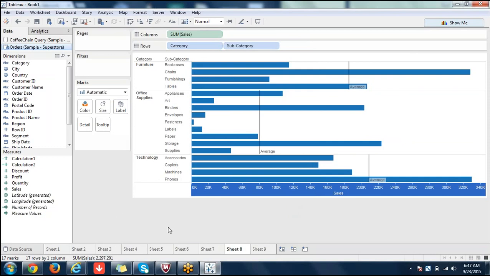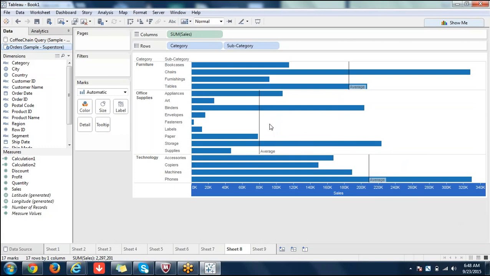You see that, right? How many panes do we have here? Three panes. Technology is one, office supplies is one, and furniture is one. For each pane, there is a separate line here. This one is here, this one is here, and this one is here. Since furniture has a huge amount of bars, it's a very lengthy bar. That's why the average is here. And of course, here there are two big bars, machines, accessories, and phones have a huge amount of data. That's why this average line is showing well ahead. Though office supplies has a huge amount of data, bars are not that big, that's why it has gone low.